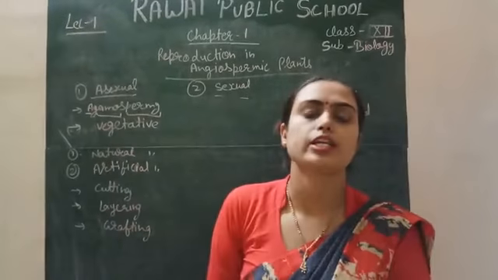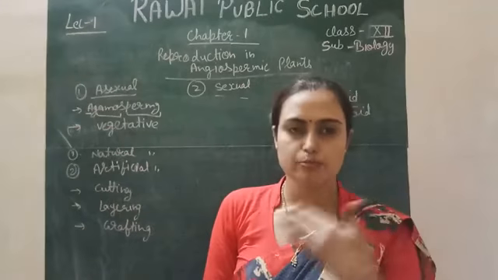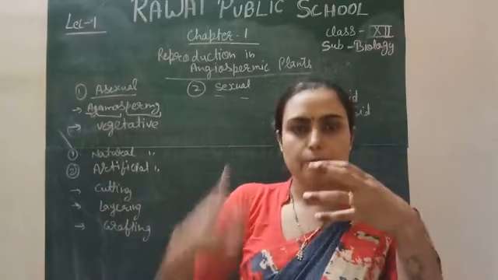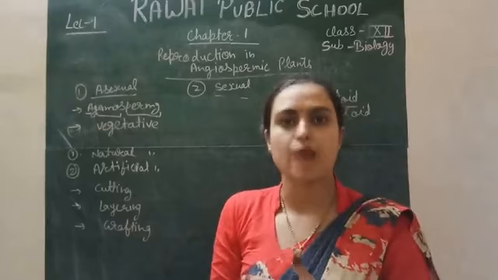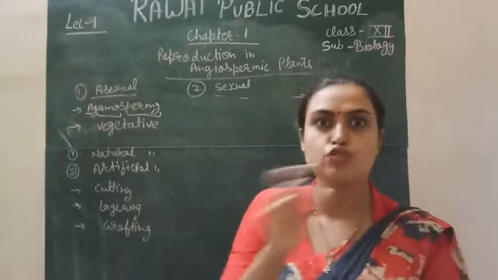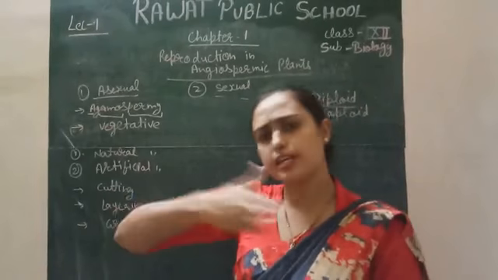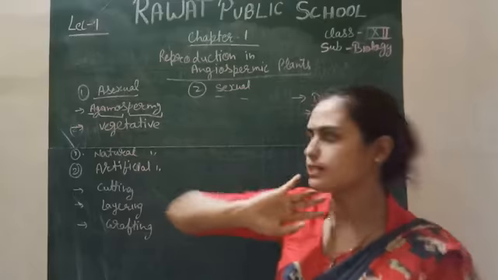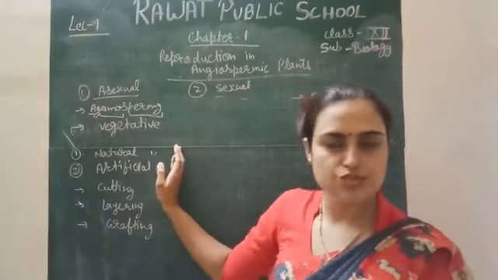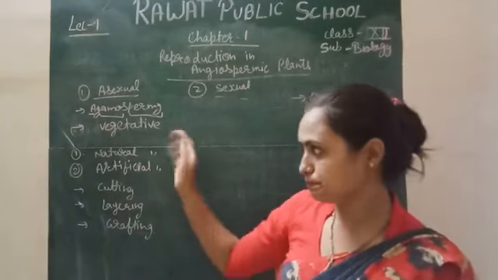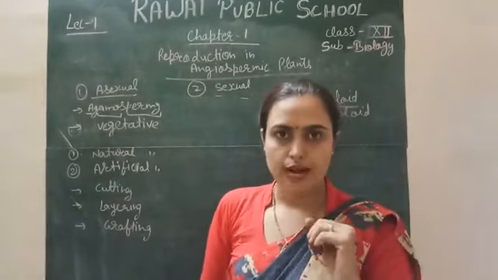Next, a very important one, is the vegetative. Vegetative means plants have vegetative parts: root, stem and leaves. By using these vegetative parts, plants produce new plants and new progeny, new plantlets you can say, and this process keeps moving on. This vegetative reproduction is also divided into two parts, natural and artificial. Natural means it occurs naturally, for example by the root, right, by the stem,